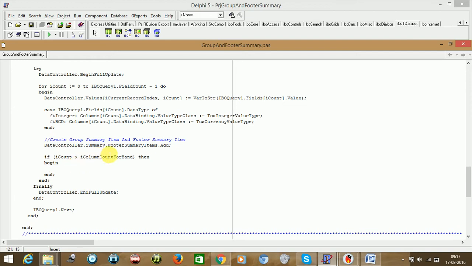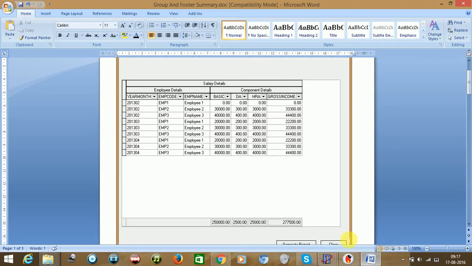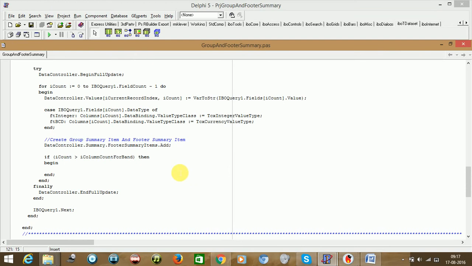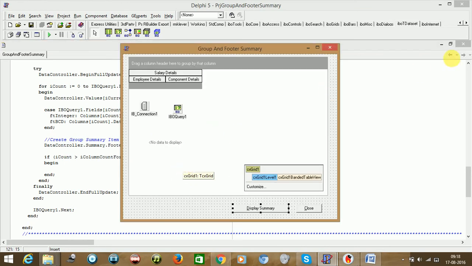So what we need to do here is that as you see here, this column value needs to come to the right hand side, since these are the numeric values. The string value should come to left, as well as if you see here, footer value should also come to the right hand side. So we'll be specifying that one. I think one more thing I forgot to do here is we need to have repository item.